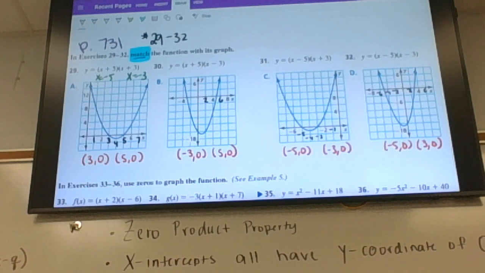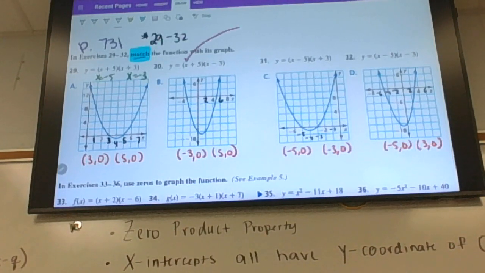Does anybody like thinking about this better than showing this? Who likes to show this better? Thumbs up. Who likes to think about just putting an opposite in there to make a 0? Okay. There's a little bit from both, to be honest. Alright, so